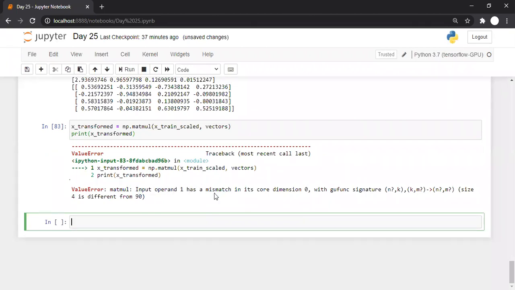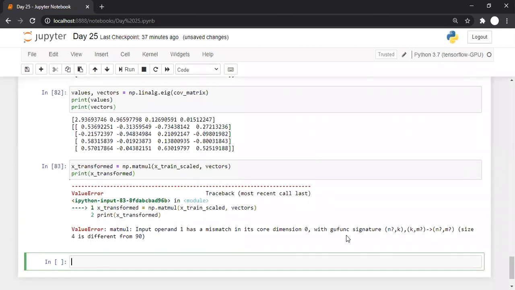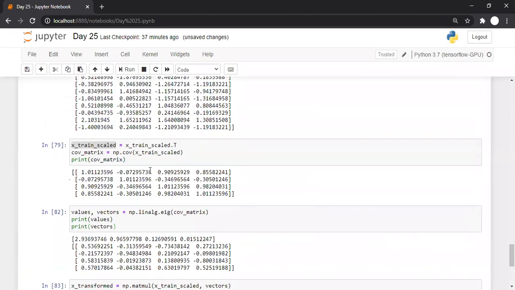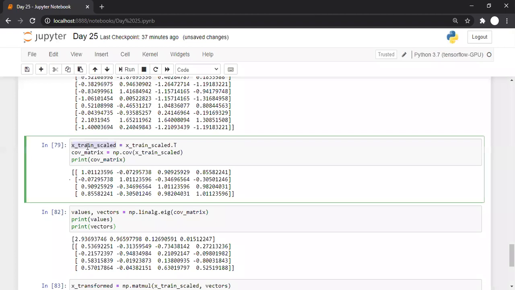Okay, input operand 1 mismeasured dimension. Did something wrong? X underscore.